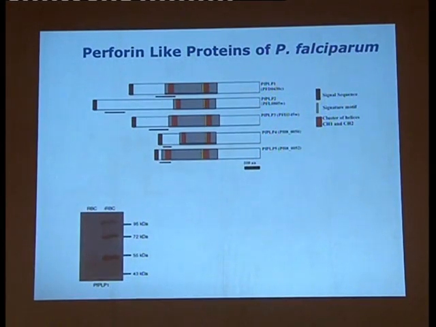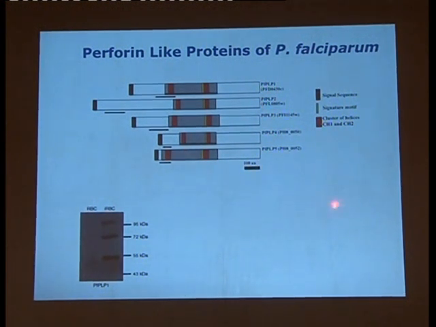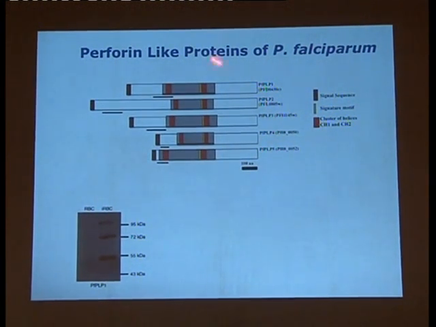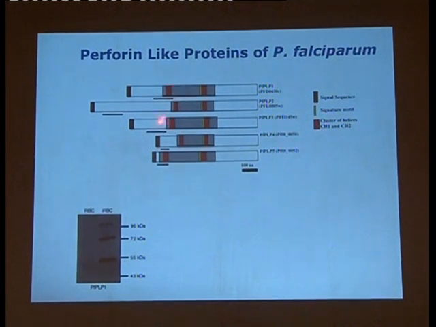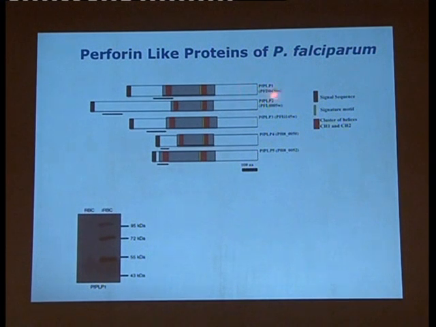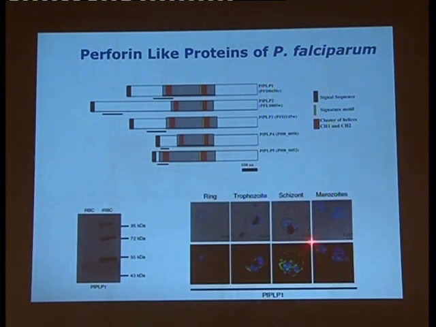Now the question was, what is causing this host cell membrane permeabilization? So for that, we were looking for some of the pore-forming proteins in the parasite, and we came across these perforin-like proteins. They are expressed in the parasite, and there are 5 perforin-like proteins already annotated in the Plasmodium genome database. However, when we made specific antibodies against all these perforin-like proteins, we could see only perforin-like protein 1 and perforin-like protein 2 are expressed in the malaria parasite, and only perforin-like protein 1 is on the